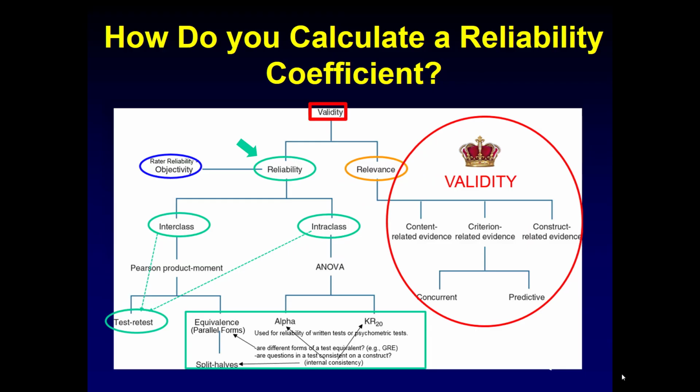All right, what I'd like to do today is to finish up on reliability to enable you to complete homework number 10 successfully. And if you'll recall, reliability is necessary for validity, reliability is repeatability, and we have two ways we can calculate it. We can use what's called the interclass correlation coefficient or the intra-class correlation coefficient. When we calculate an interclass correlation coefficient, we're simply calculating a Pearson R. In the case of the intra-class correlation coefficient, which is indicated as ICC, you use a repeated measures ANOVA as